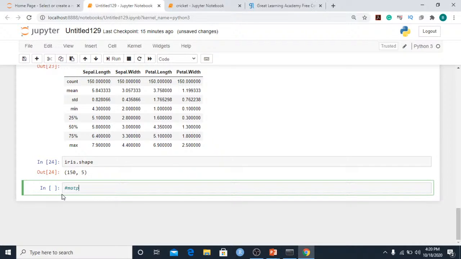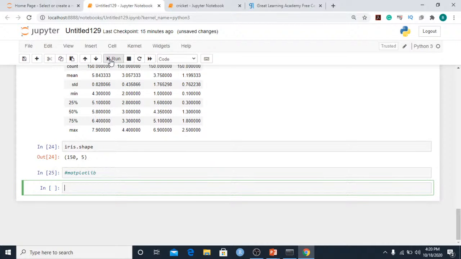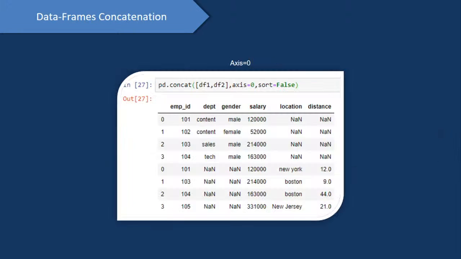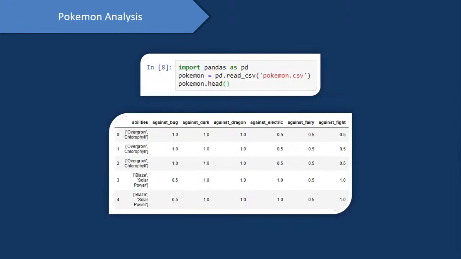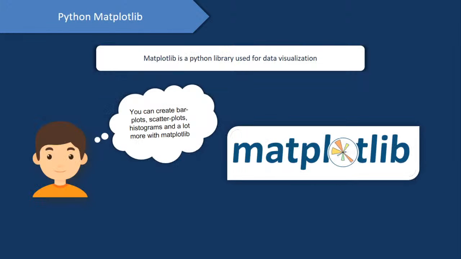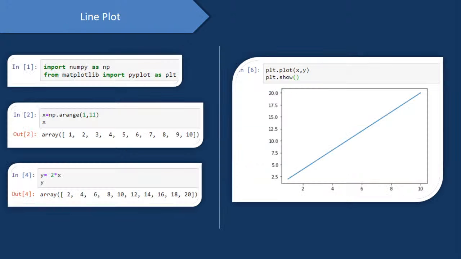Now we will head on to the next library, which is matplotlib. So when it comes to matplotlib, it is a visualization library. So let me just quickly head on to the matplotlib section. So with the help of matplotlib, you can create all of these different geometries. So you can create a line plot, a scatter plot, a bar plot, a histogram, and so many of the